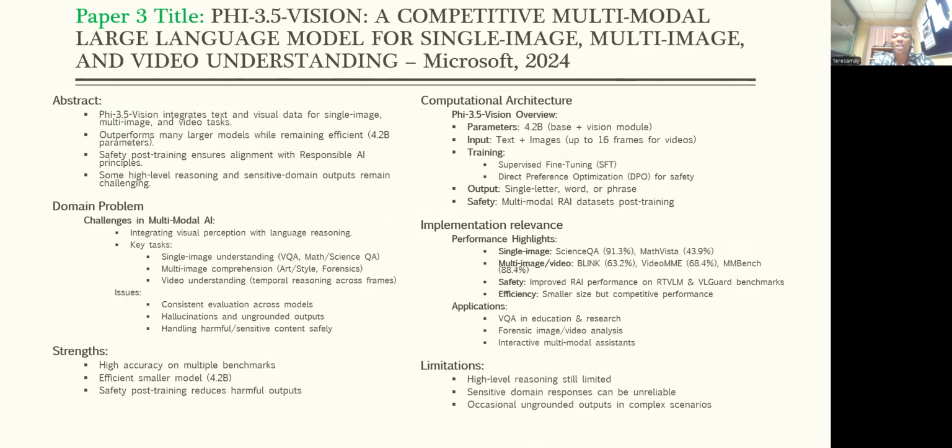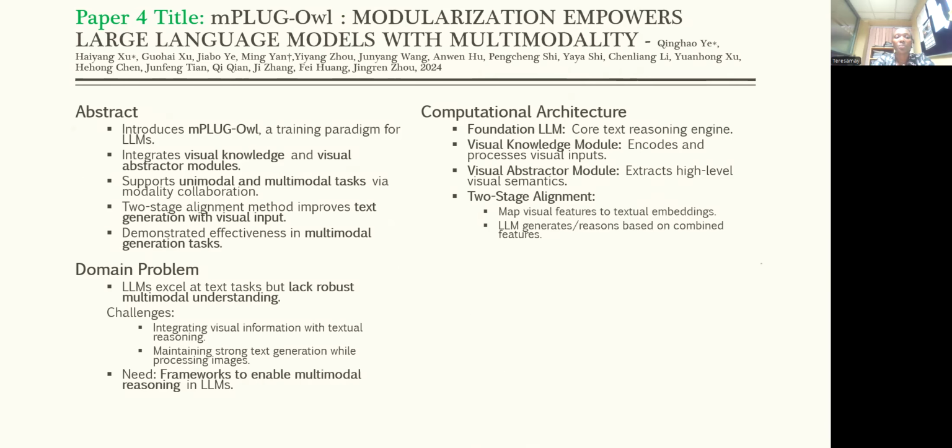Then I went ahead and looked at another paper. This paper was about the M-plug all. This fourth paper introduces the M-plug all model, which takes another modular approach to multimodal AI. The problem it solves is that most large language models are strong in text, but they are weak